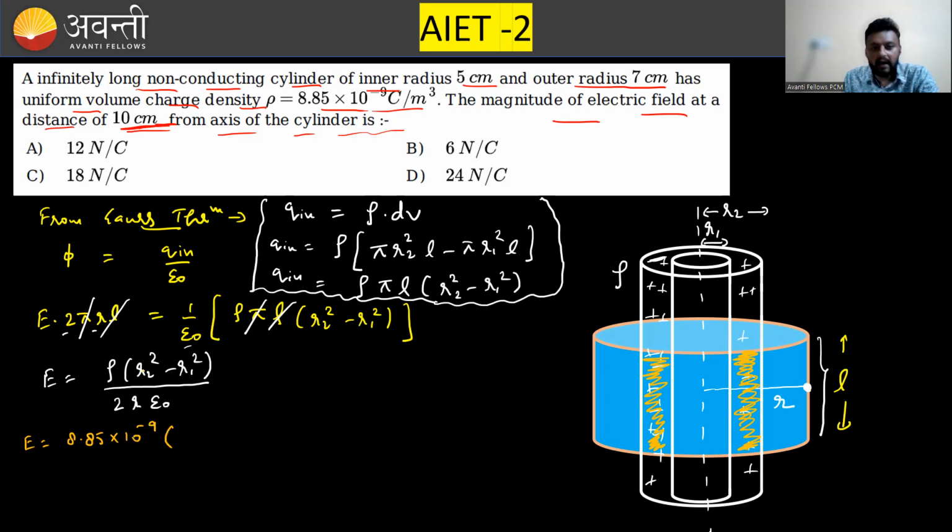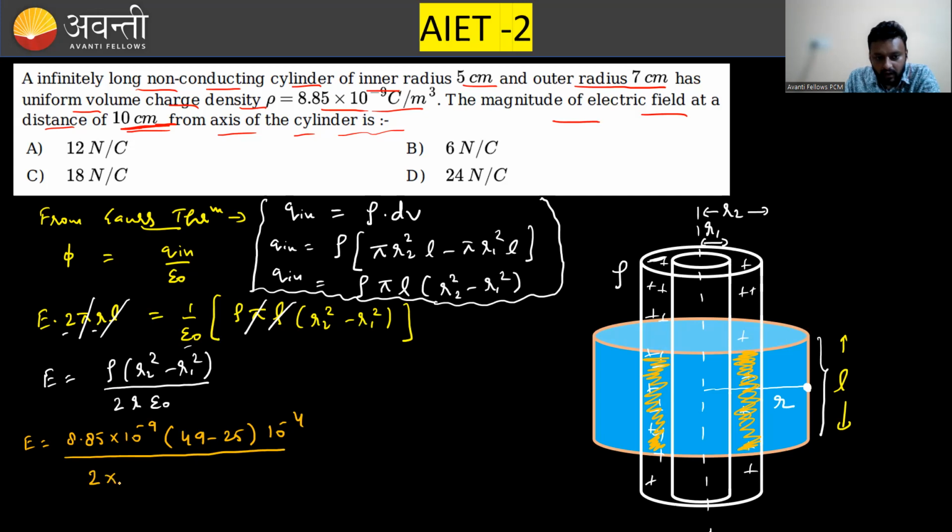R2 and R1 are 7 and 5 centimeter. If you square 7 centimeter, it becomes 49 into 10 to the power minus 4. So 49 minus 25, with 10 raised to the power minus 4 taken common, divided by